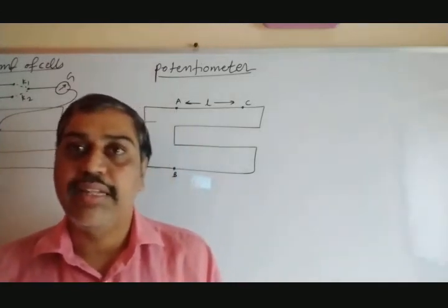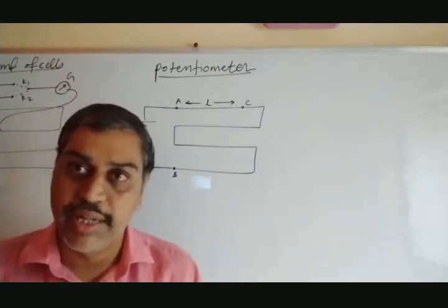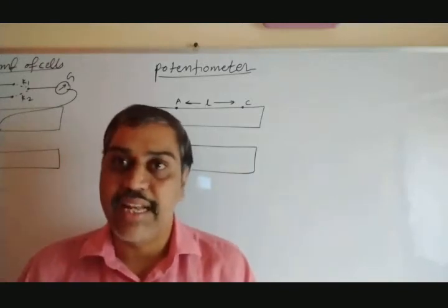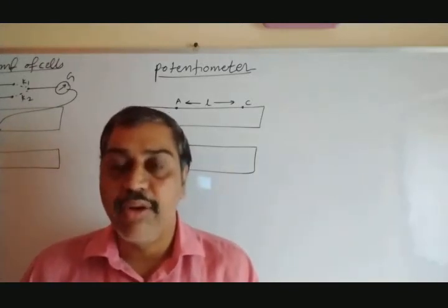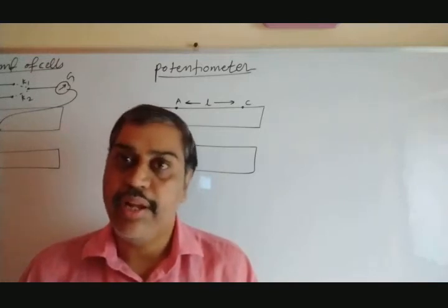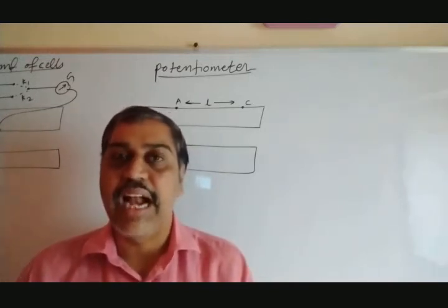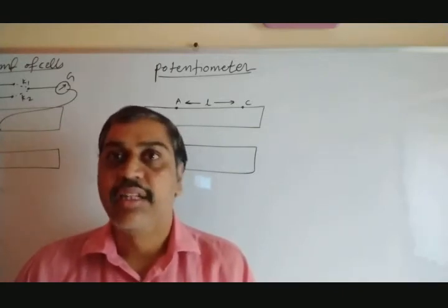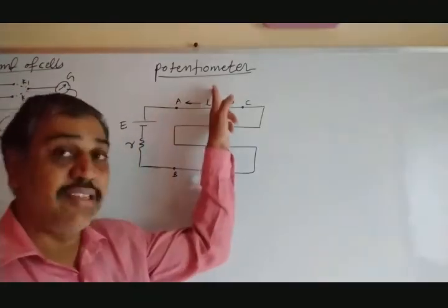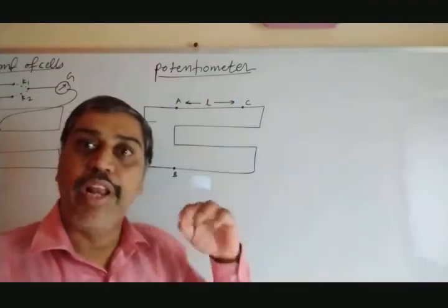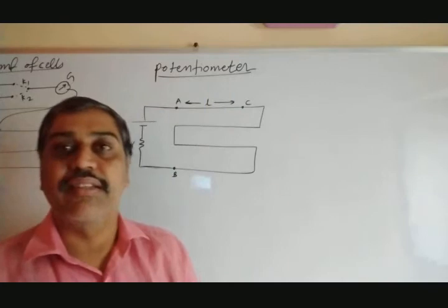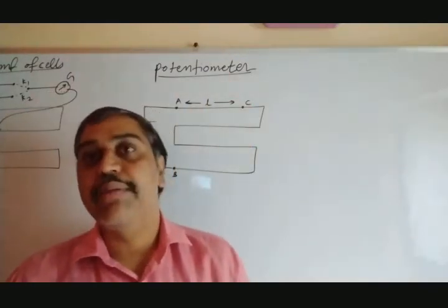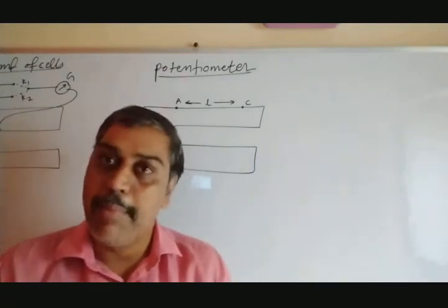We can measure it by using a voltmeter. But a potentiometer is an instrument which can measure the potential difference between 2 points, as well as find out the EMF of any cell. For an ideal voltmeter, its input resistance should be infinite. But practically it is very difficult to get a voltmeter whose input resistance is infinite. That's why the potentiometer works as an ideal voltmeter, because it has very large input resistance. That's why we can say it is an ideal voltmeter to measure the potential difference, and the EMF of any cell or battery can be measured by using this.